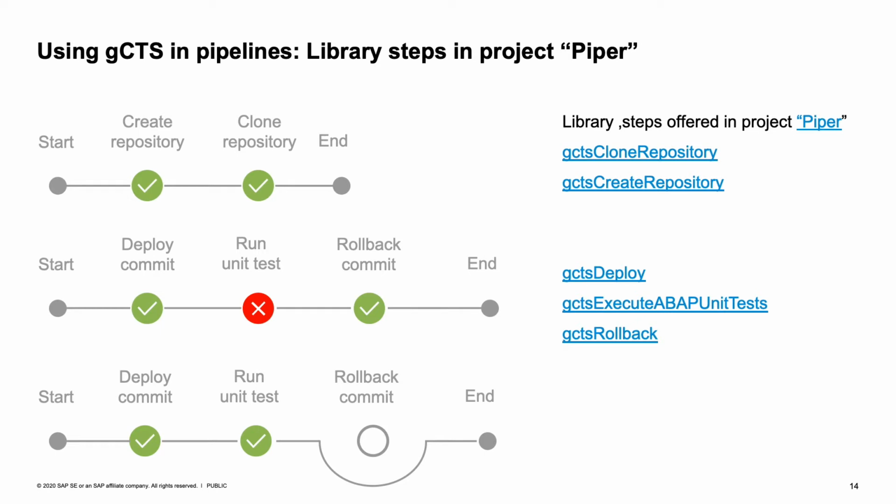The pipeline can be set up in the way as you can see it on the slide. So the first step would be to deploy a new commit to a new or another system. Then, if your ABAP coding comes with unit tests, you could ask Piper, the pipeline, to execute these unit tests. And depending on the result, you can decide what shall happen. If the unit test is okay, you would for sure normally not do anything else because your system is fine, the new coding is there. But if the unit test fails, then you could do a rollback.